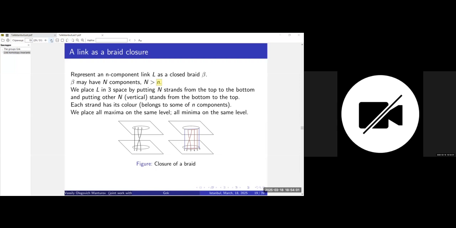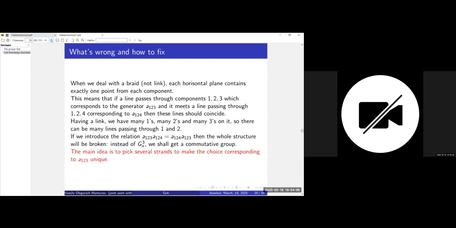Well, after that, something is going on with knots. I will not get into detail about that work. And this is what is wrong. What is wrong in general case? I just mentioned that there are many points 1, 2, and 3. So this is what I already said. And actually, the main idea is to pick some point of color 1, some point of color 2, and some point of color 3 to have a unique trisecant of color 1, 2, 3.